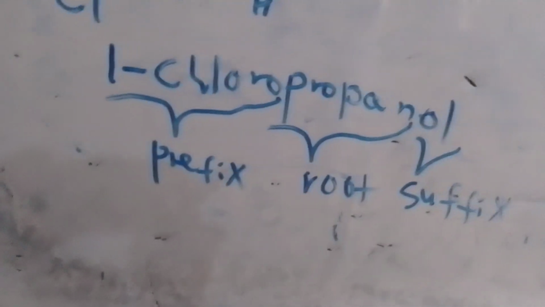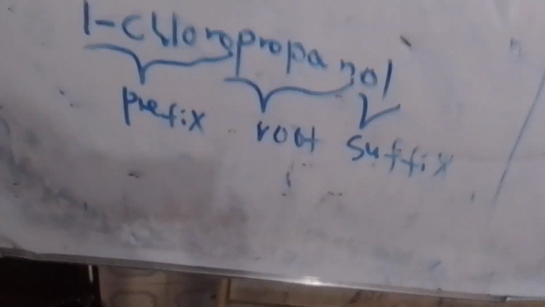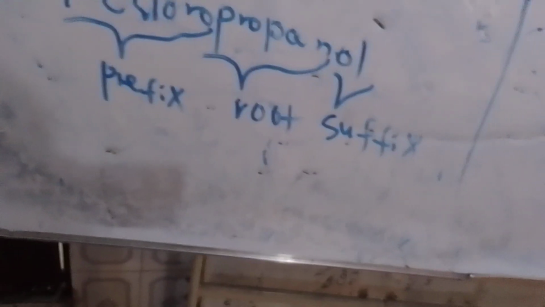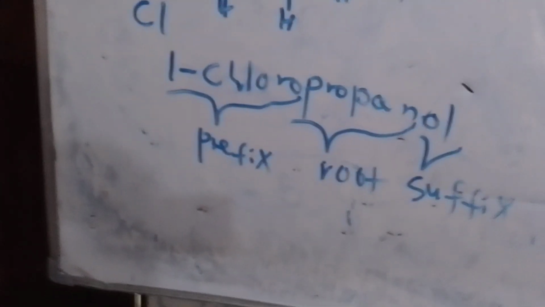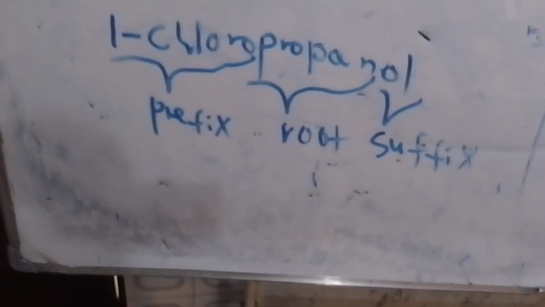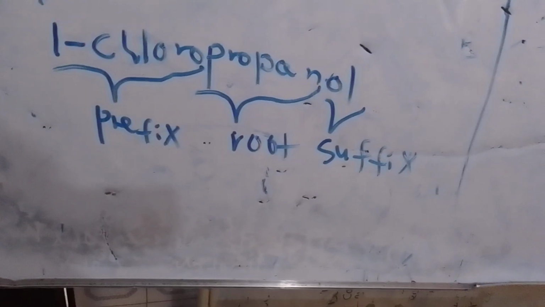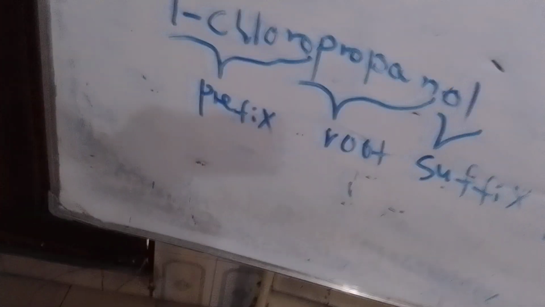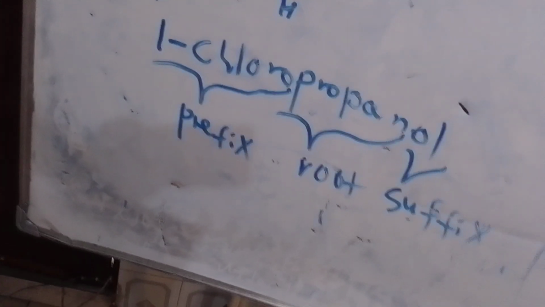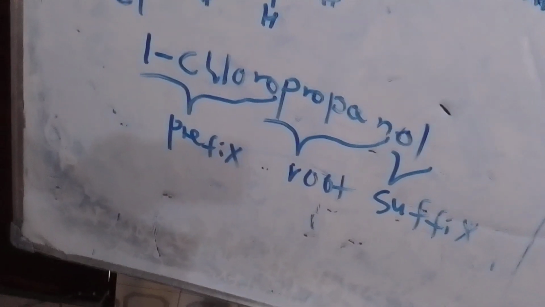So that is why I said that the naming of organic compounds consists of the prefix, the root, and the suffix. The prefix in that compound is 1-chloro, the root is propan, and the suffix is OL, which is the functional group. Okay. Now let's look at the rules for the IUPAC nomenclature of